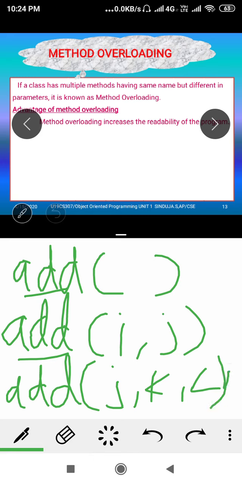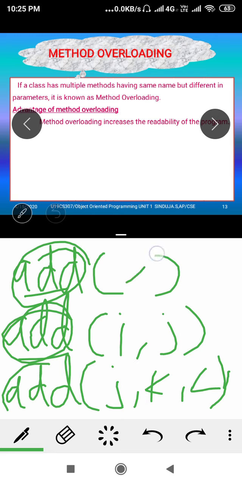Okay, they can differ by number of arguments, or they can differ by data type of the argument, or they can differ by sequence of an argument. But sequence of an argument is not possible in Java. So keep one thing in memory: operator or function overloading means your function name should be the same. Your function name should be the same at all the definition parts, but they differ in their